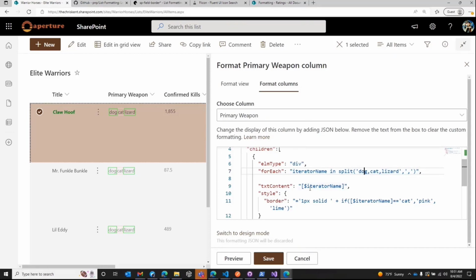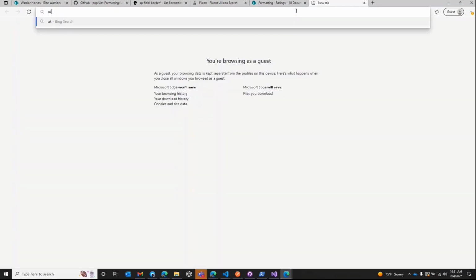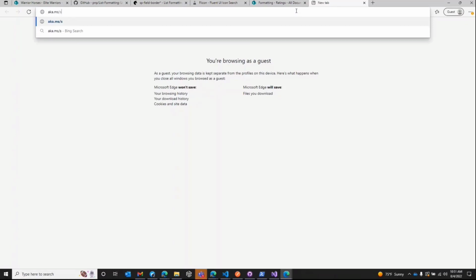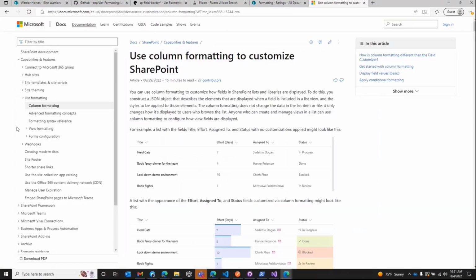So if you're not familiar with those, please check out our documentation, which I imagine David can dump a link to in the chat. It's aka.ms/spdev-column-formatting. And if you haven't checked that out, if you go to the advanced or the formatting syntax reference,